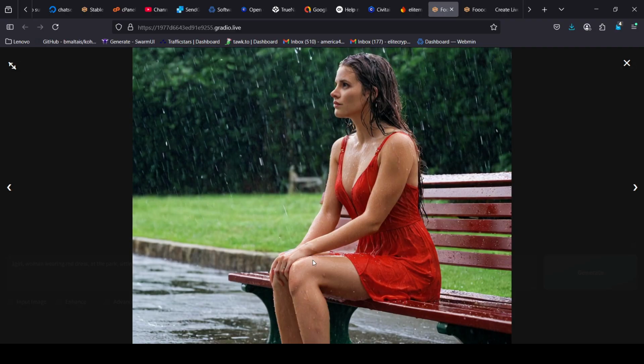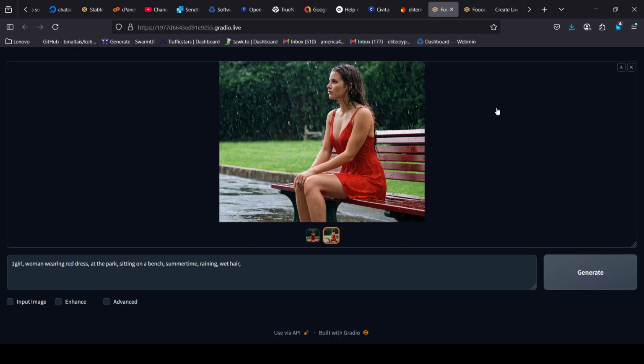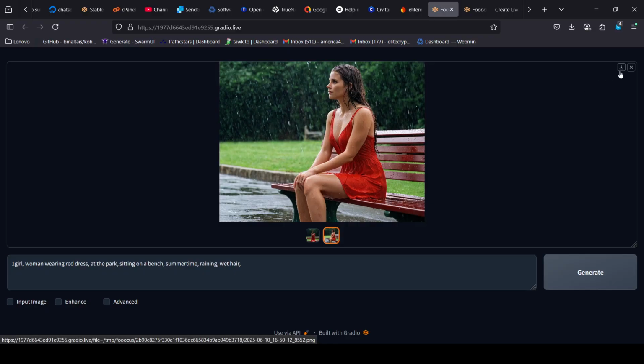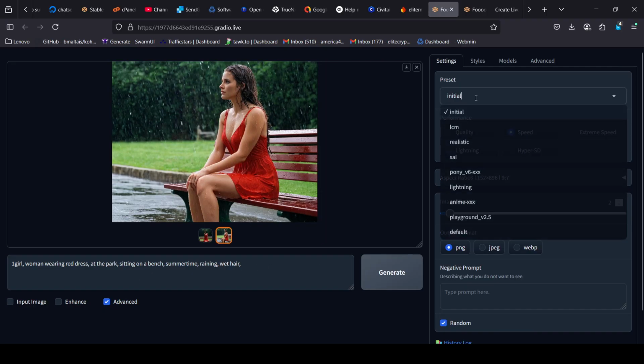Boom. Okay, so in order to share to the site, you're going to click download. Boom. There's that little button. That's all it was. Just this button right here. Download. And then you're going to upload it to the site. It's that simple. Now we're going to test out, we're going to keep the prompt the same, but we're going to switch over to